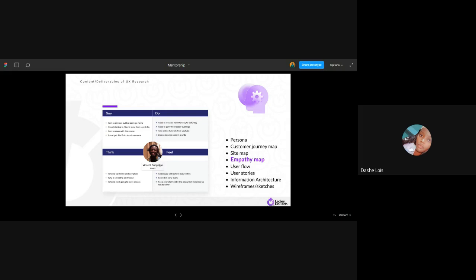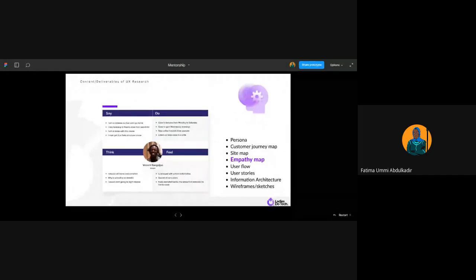I said, talking about the empathy map, how can I know what the user is thinking about? How can you know what the user is thinking about? This is basically from you observing the user, from what the user does and what the user says. You'll be able to feel that this is probably what the user is thinking, because if you immerse yourself in their space, you feel their pain. So if you feel annoyed doing certain things, it means the user is also going to feel annoyed at some point. That's how you're able to know what the user is thinking.